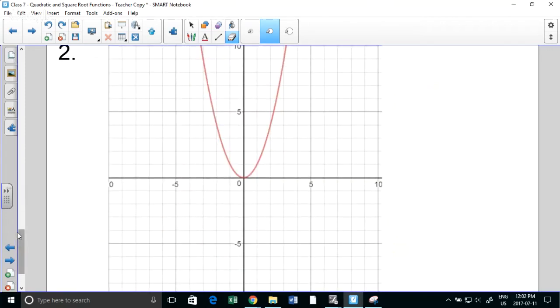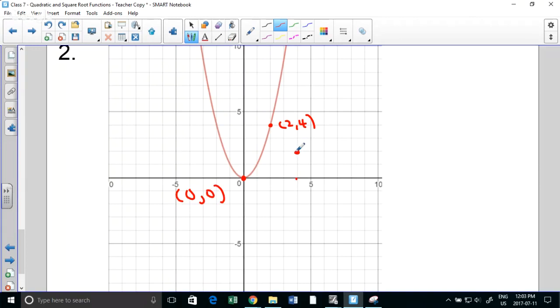So we'll do the same thing here. We're going to take some points and then we'll reflect them. So in this case, I have 0, 0, which stays 0, 0. Here I have 2 and 4, so my new point is going to be 4 and 2. Here I have -2 and 4, so I'm going to have 4 and -2.